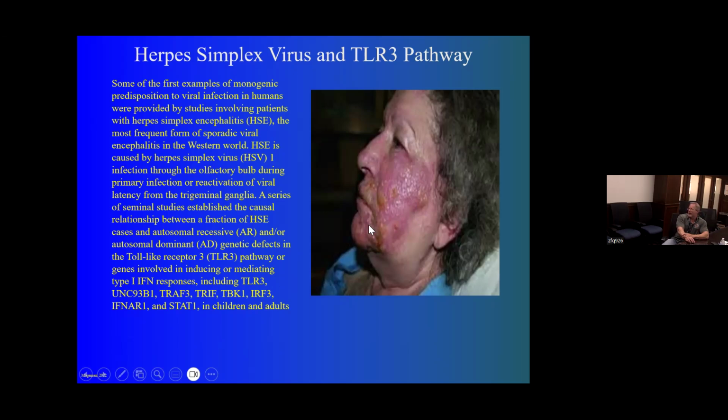And you can imagine, if you've ever had a cut or a sore on your face, how painful this must be, not to mention the social stigma it would carry from having to go out in public. I'm sure this lady is very embarrassed at times when she has to go out, which may lead to her not getting medication when she needs it, not doing other things she needs to do, maybe feeding herself, which could further exacerbate the condition. So just this small genetic defect in the TLR3 pathway takes a herpes virus infection that would normally only induce a pathology right here in this corner of her mouth and lets it spread across really the totality of her face, from her chin all the way up to her eyes.